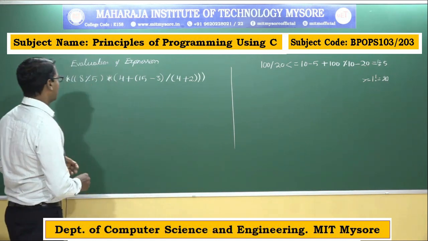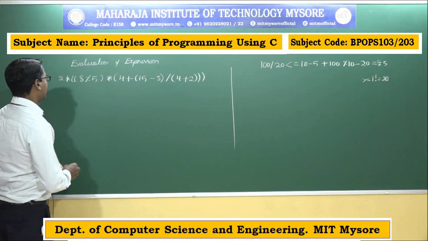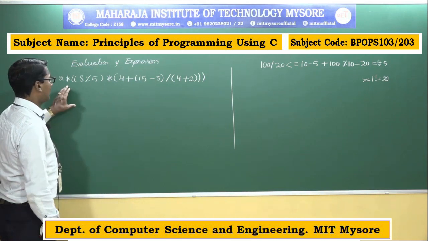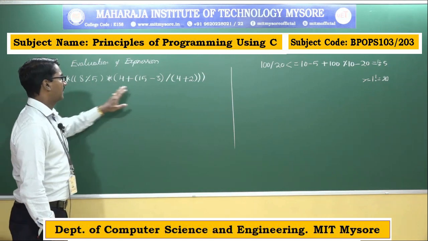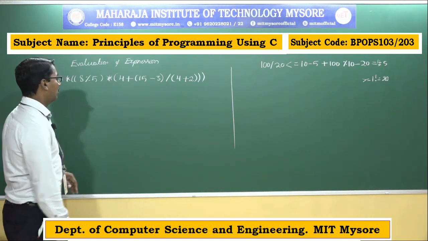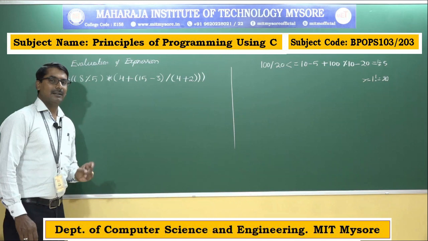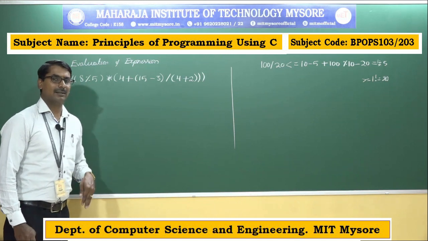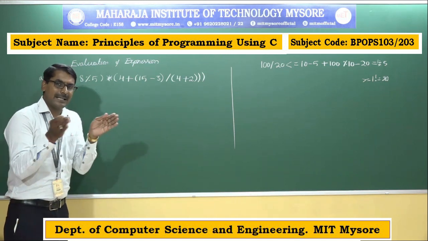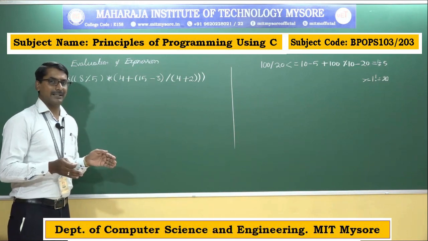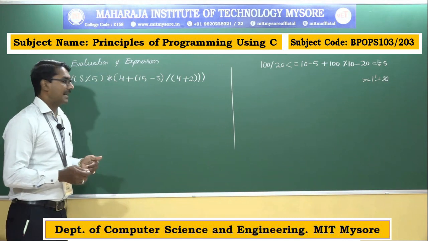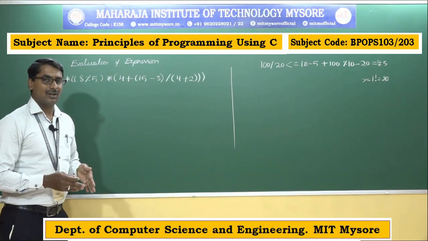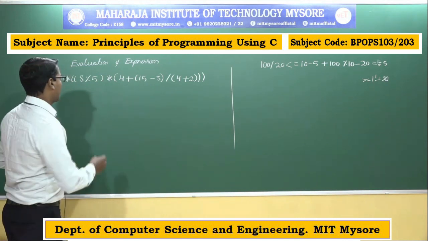Okay, let us consider this example. In this example, the expression contains arithmetic operators and brackets. In C language, the highest priority is for the expression which is present inside the bracket. So, the expression present inside the bracket gets the highest priority. Okay, now consider